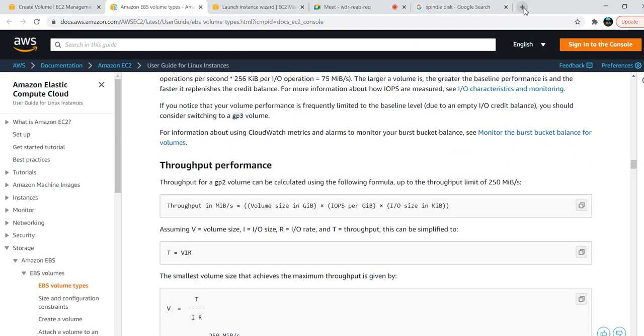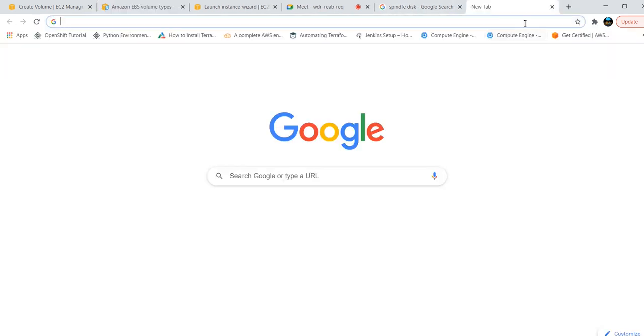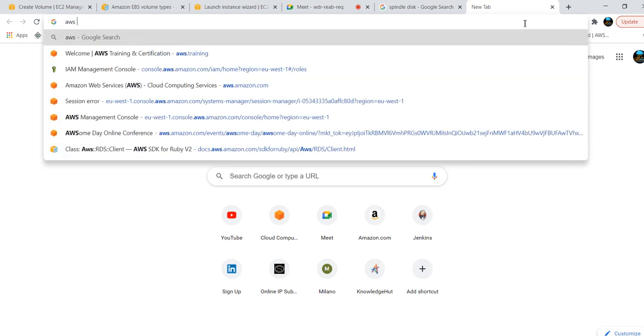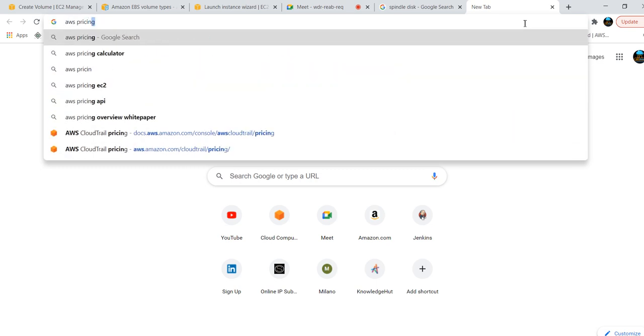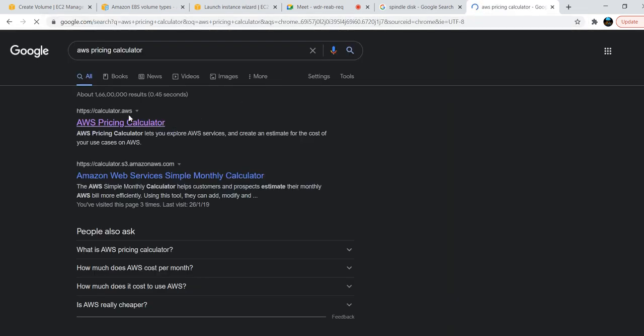Until this instance comes up, we will look at the AWS pricing calculator. There is calculator.s3, the Amazon Web Services Simple Monthly Calculator, right? We will see the difference between these two.